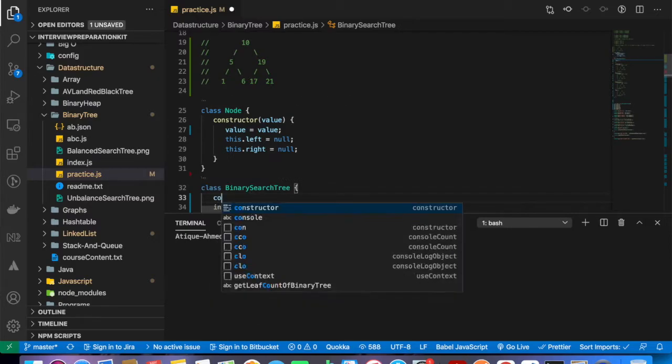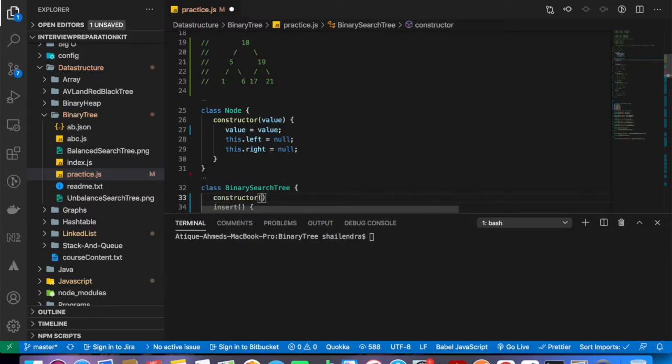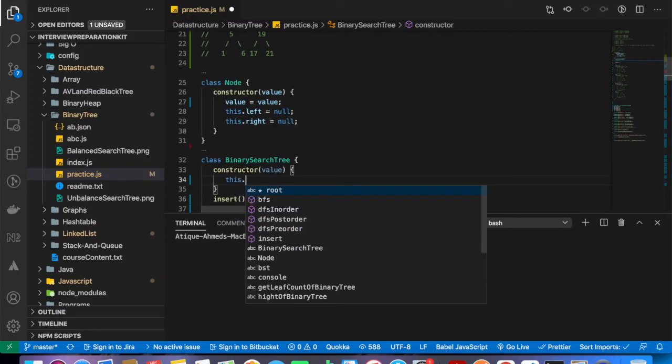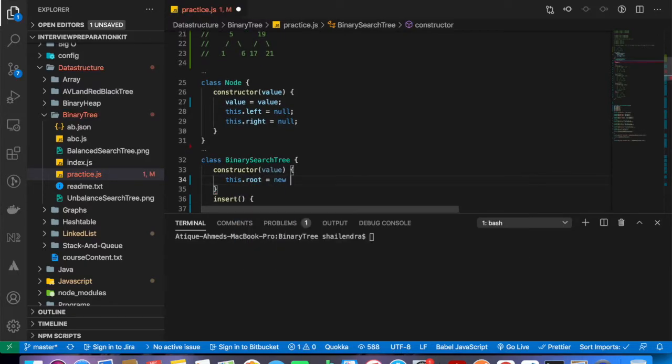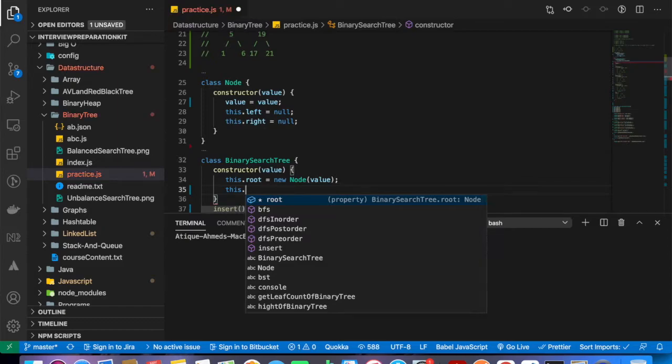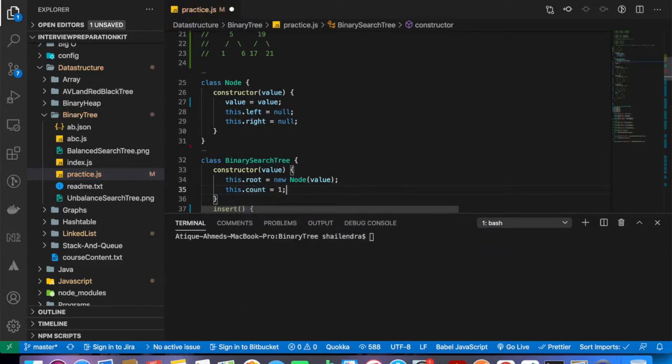Alright, and I need to say constructor here as well, and I need to pass the value, and I need to say this dot root is equal to new Node, and I'm going to pass the value. Okay, so new Node is nothing but this class. Then I'm going to say count is equal to 1.